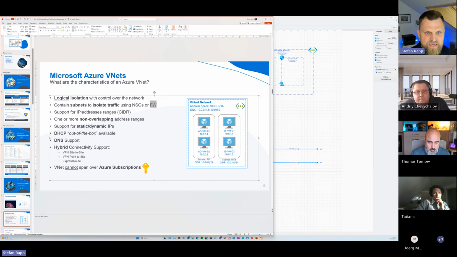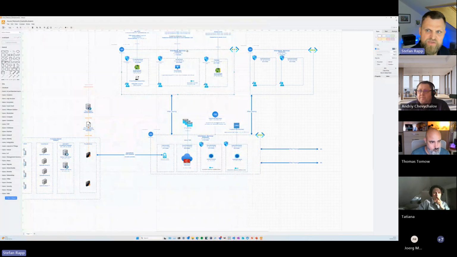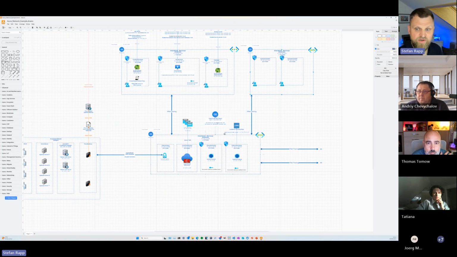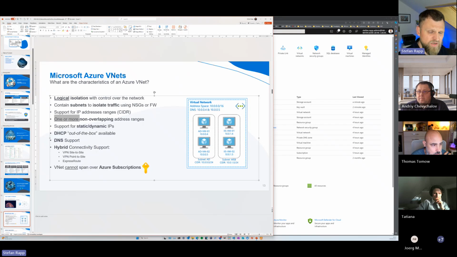And we have support for IP address ranges. So you see here the CIDR blocks, for example 10.0.0.0/16, which means we have, I think, about 65,000 host addresses in here because /16 is quite a big one. And it shouldn't be overlapping. So what you shouldn't do is, for example, in this chart, have the same IP address range here, like on this one here, and also not the same as on the hub. So it must be unique,